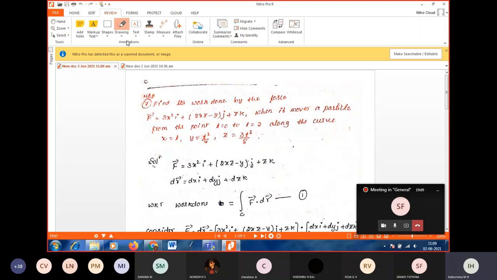So I sent 3 question papers. You can refer to those papers and then solve them. Keep one notebook to solve the question papers module wise. Then you will get clarity on how the questions will be asked in the examination. Did you clear? Yes, ma'am.